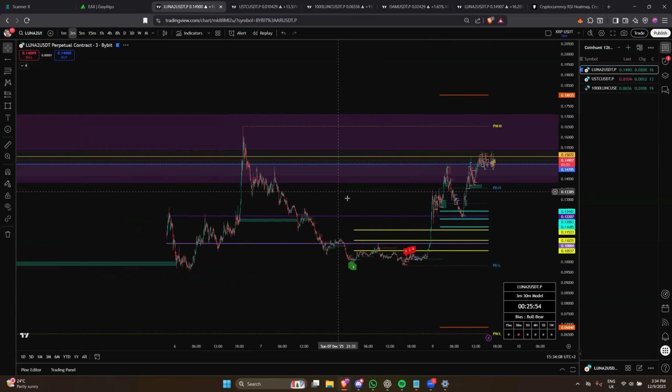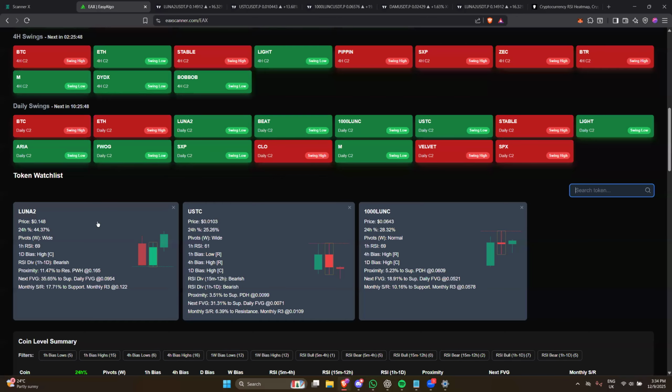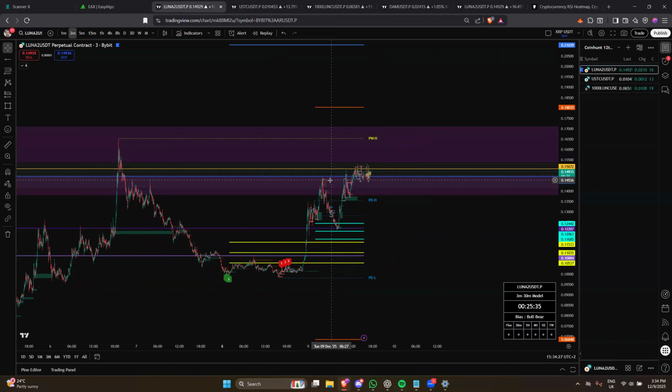So what does this mean? Putting all of this together, how this helps me. Okay, let me go back to Luna. It's showing me that it does have a bearish bias. It's showing that RSI in the 1 hour is 69. Okay, so for price to drop or at least make a movement,